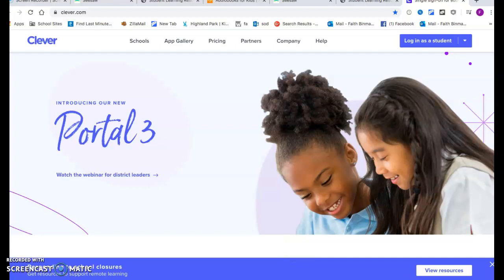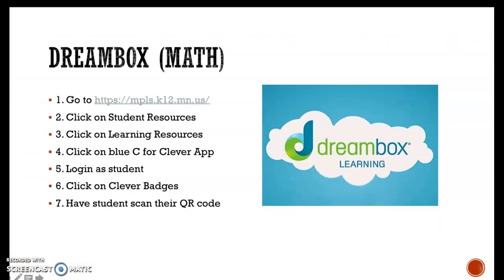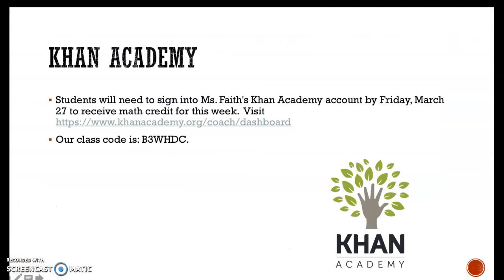Our math app that is provided by the district. Okay, so that's Dreambox. Now here's Khan Academy. Again, I've given you some information on Seesaw, so let's get the kids signed up for that before we start doing Khan Academy. Our class code is B3WHDC. So when you click onto khanacademy.org, you can click onto the class code here, and that'll take you